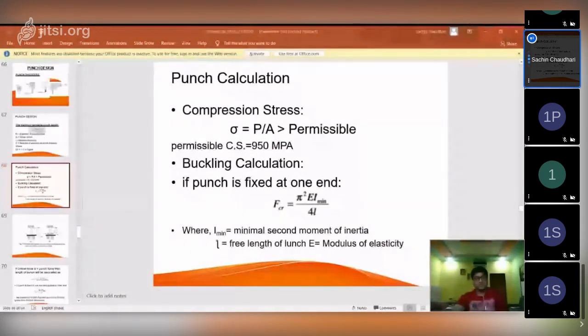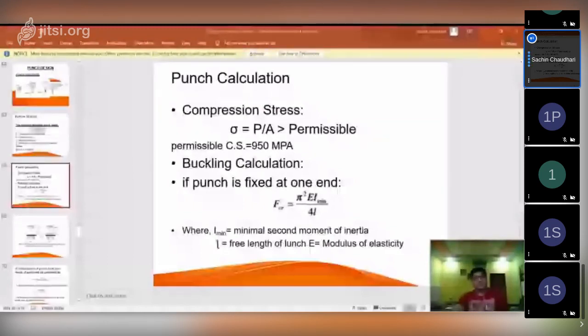So these are two different terminologies regarding the force. Whenever your critical force is equal to your punch force, guys, then